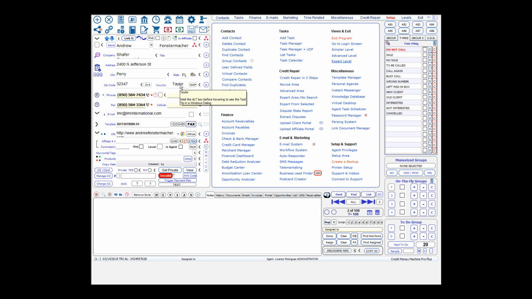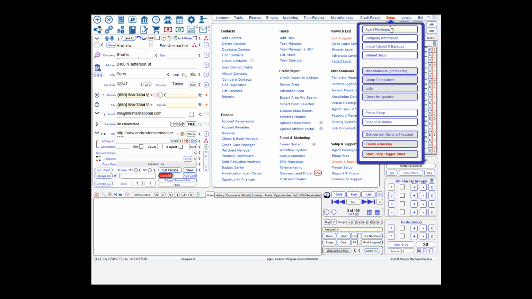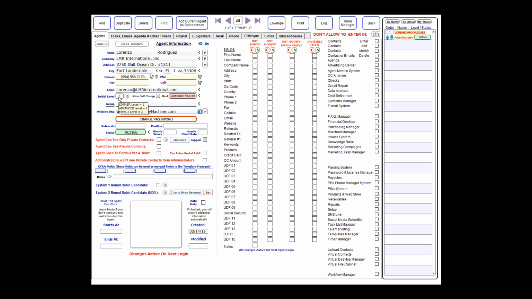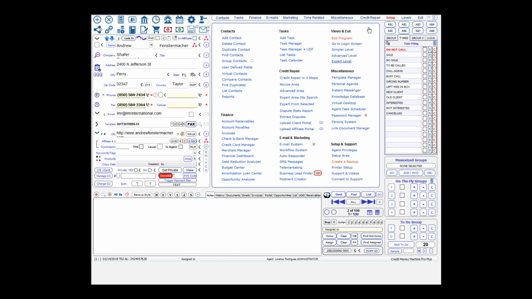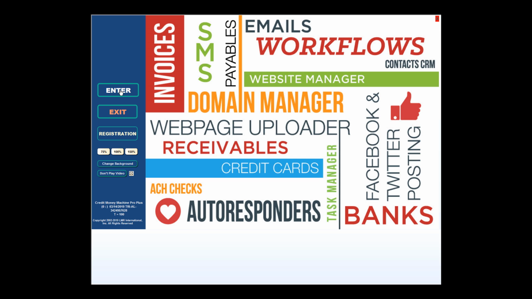Another thing, if you want to enter into the expert area directly, which I recommend you do, you go to the setup here, select agent privileges, and here, so practice that, you can select number 3, which is, as you can see by the tooltip, the expert level. That means that when you get out and come back, you're going to come back to it. So if we exit here to the menu and we enter,